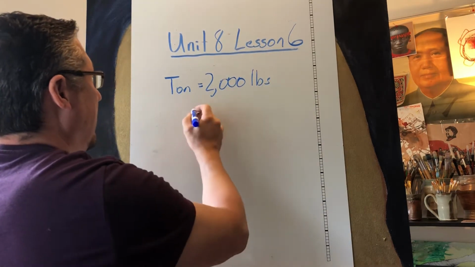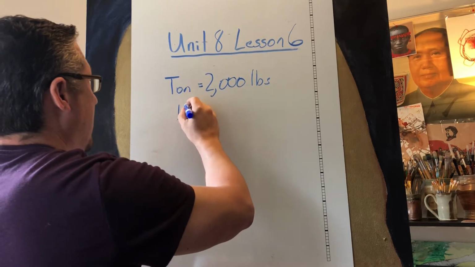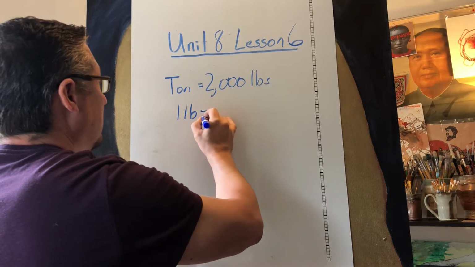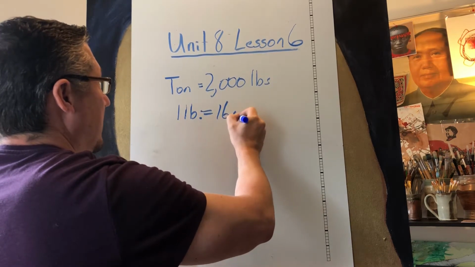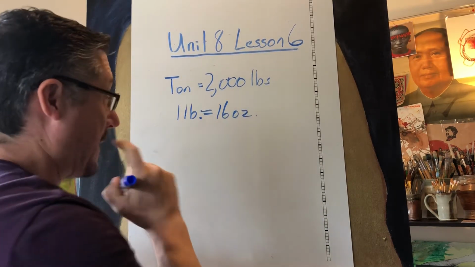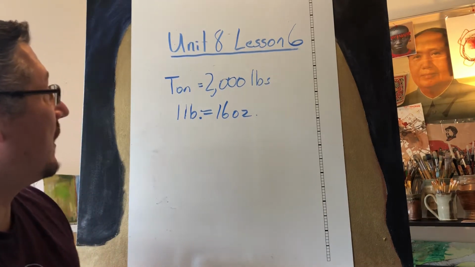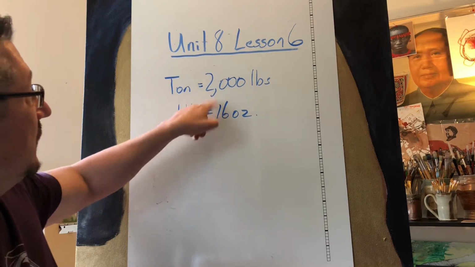And 1 pound equals 16 ounces, and this is the abbreviation for ounces. So it's pretty simple. And if we want to know how many ounces are in a ton, we would multiply